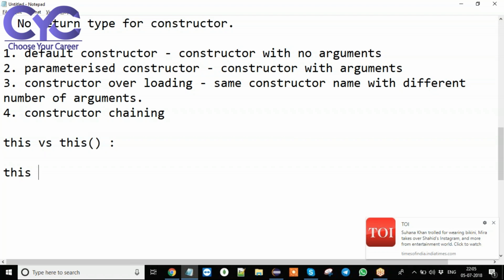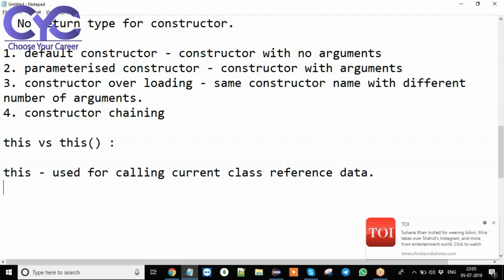Here the this keyword is used for calling current class reference data, and the this method is used for calling one constructor into another constructor.